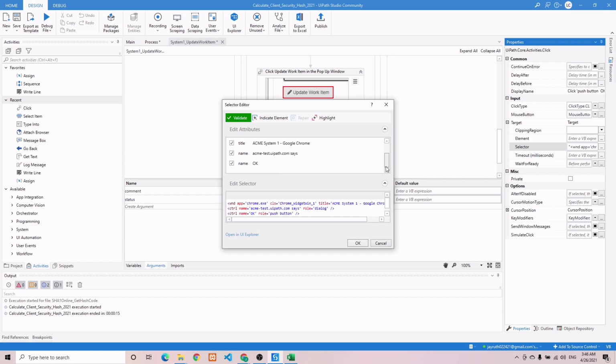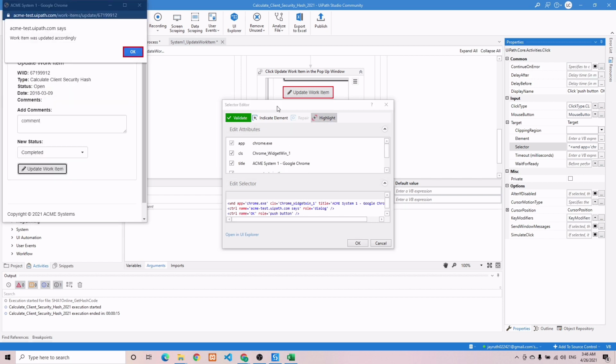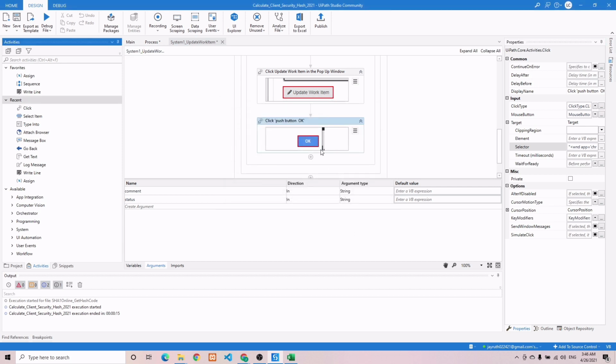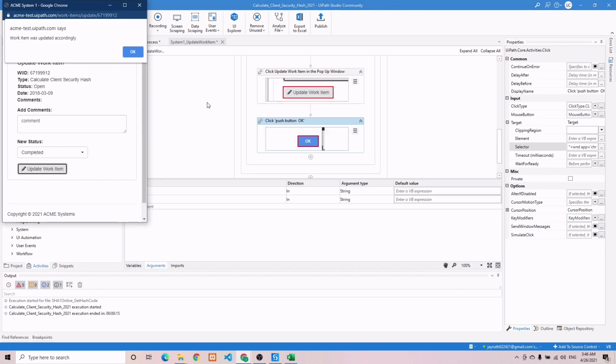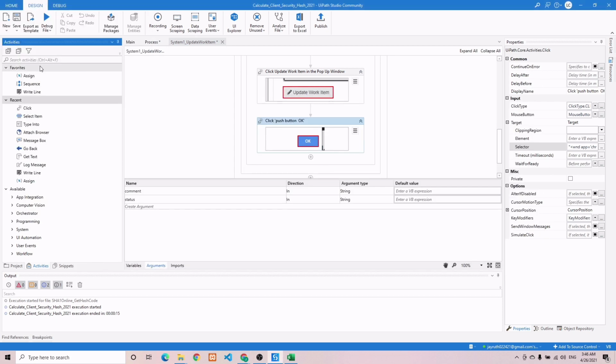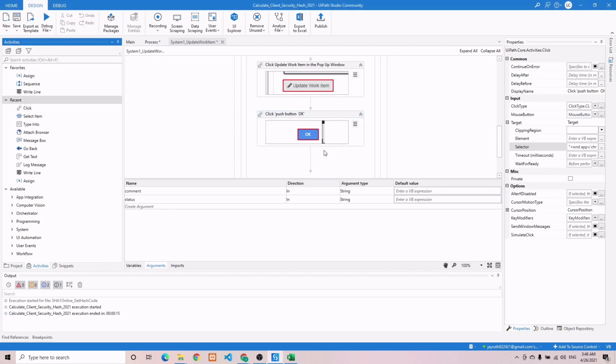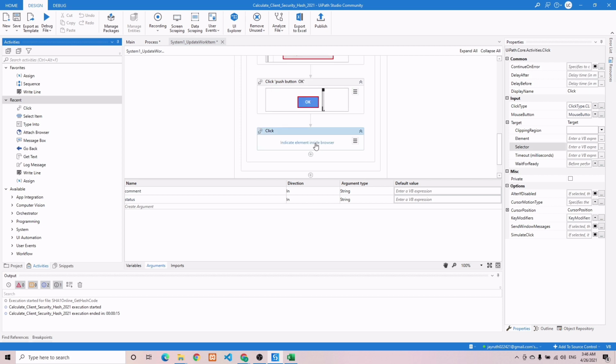Yep. Alright, so let's try to highlight it and it's pointing to the right element. Let's hit OK after that. It's a good title. Click push button OK. And once you click this, we also need to click this X button to close this pop-up window. So we need to add another click, and let's indicate that element,